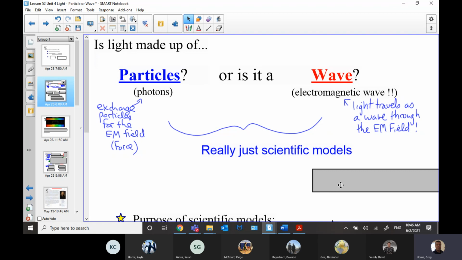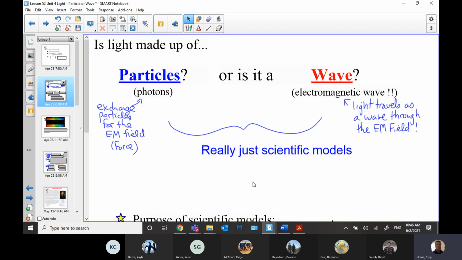So basically, you have to realize that these are scientific models, okay? They're not necessarily telling you fundamentally what something is. They're just models that help us do what? What are scientific models for? What's going to be when I slide up this screen? The purpose of scientific models is to, any guesses? Like, the whole point of science is to gain an understanding of things and, beyond that, to be able to make predictions.